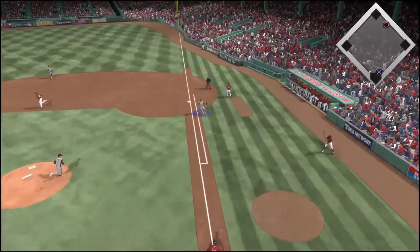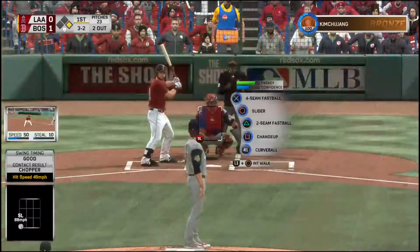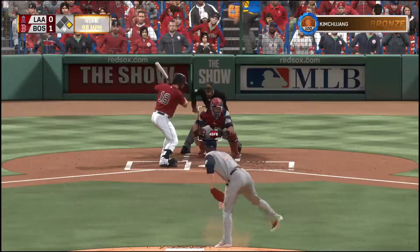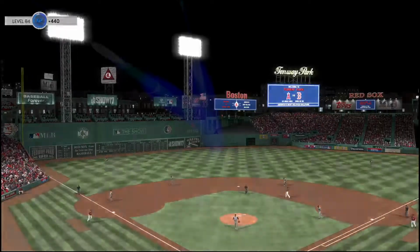Tap down the line. That's a foul ball. On the 8th pitch of the at-bat is the one that...